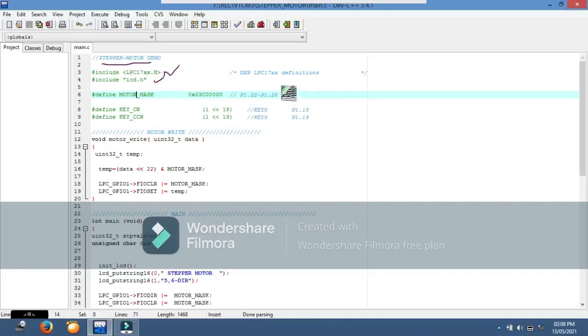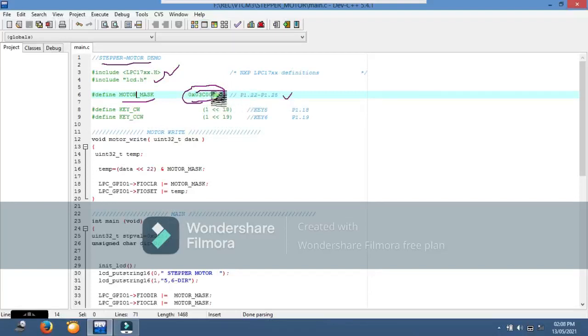First we defined the motor mask as one variable, which is this value. It is a 32-bit hex value, in which bits 22 to 25 are 1 and all remaining bits are 0.